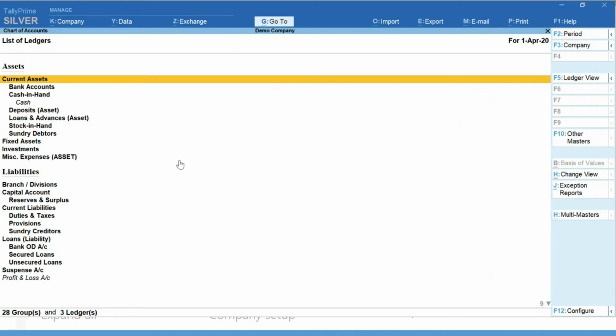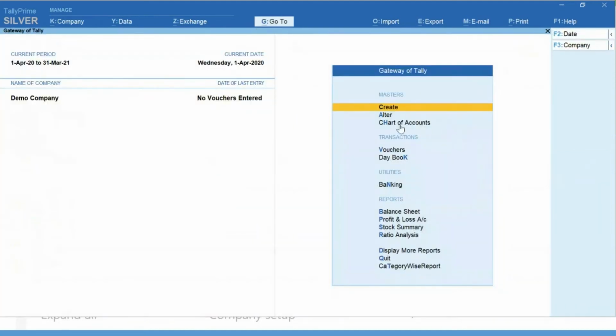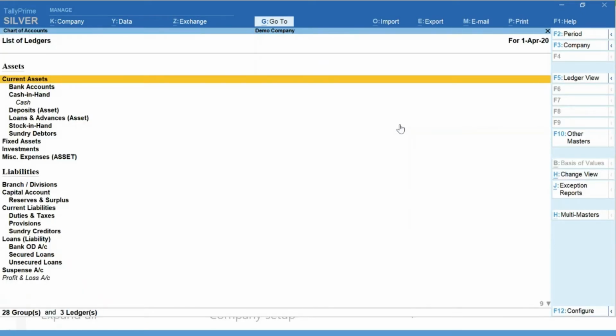You might have got these questions from chartered accountants or auditors. They will say, sir, I wanted to tell my customer to build his chart of accounts, but he's struggling to find where he has to build it. Now he can tell his client, boss, in Tally, just go and click on chart of accounts. Whenever you want to create ledgers, click on ledgers, and it will show the default group. Now you can go and actually create the masters.